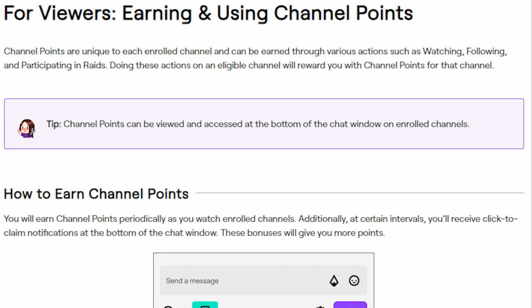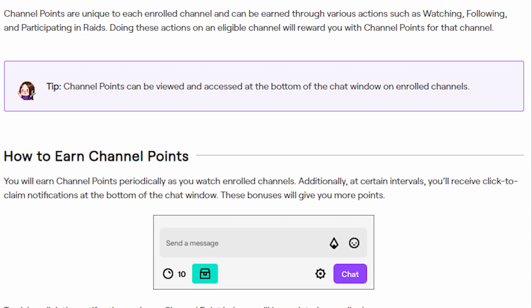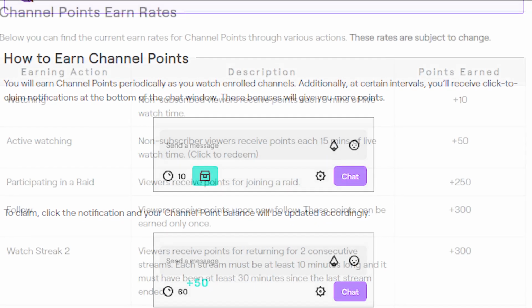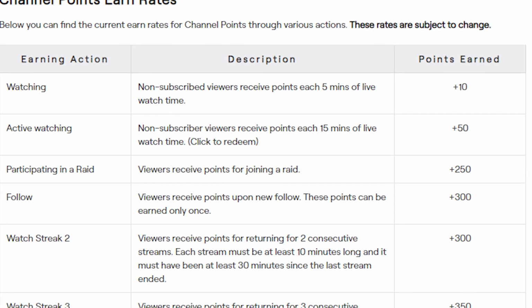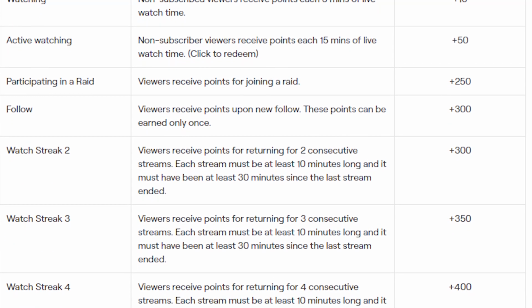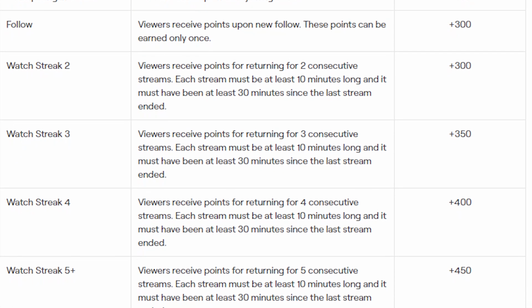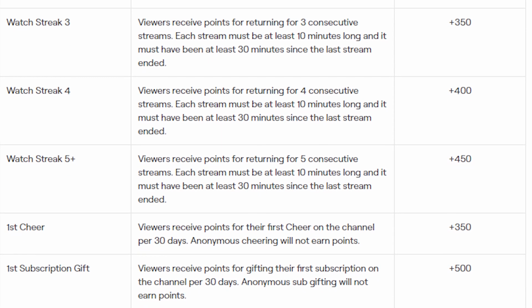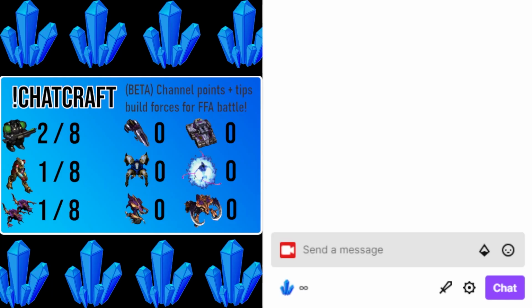So if you aren't aware of it, when you watch a Twitch stream while you're logged in, you slowly gain channel points on any channel that you're watching, or you actually get more points for doing things like following or participating in a raid, etc. On my stream, they're called minerals because it's a StarCraft stream. What else could you call the channel points on a StarCraft stream? Streamers can set up menu items that you can redeem with those channel points by clicking on the little icon